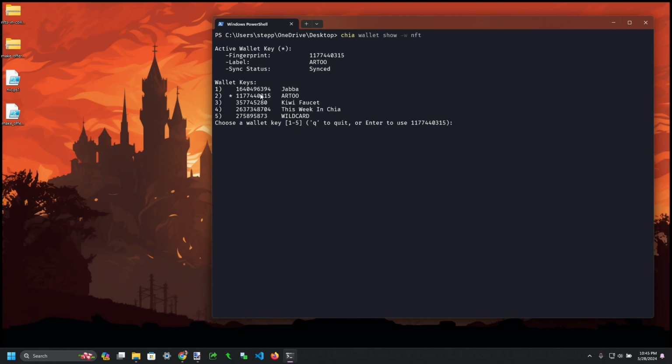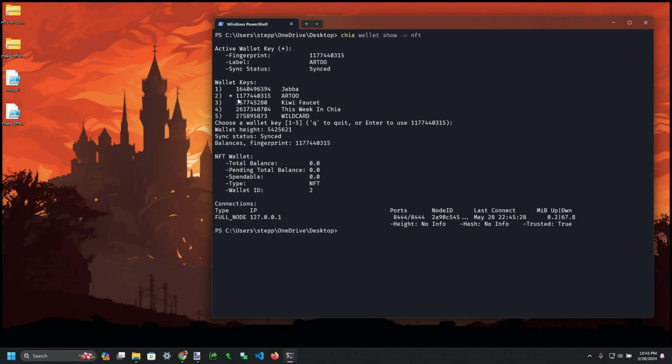I will need to choose which fingerprint I want. For me, I want the one that's already selected, so I'm just going to highlight that. Right click will copy it to the clipboard. I'll hit 2 or just hit enter since it was already selected, and I can see that I only have one NFT wallet and its wallet ID is number 2, so I'll need to remember both my fingerprint and my wallet ID for the next command, which I can just run another chia wallet,